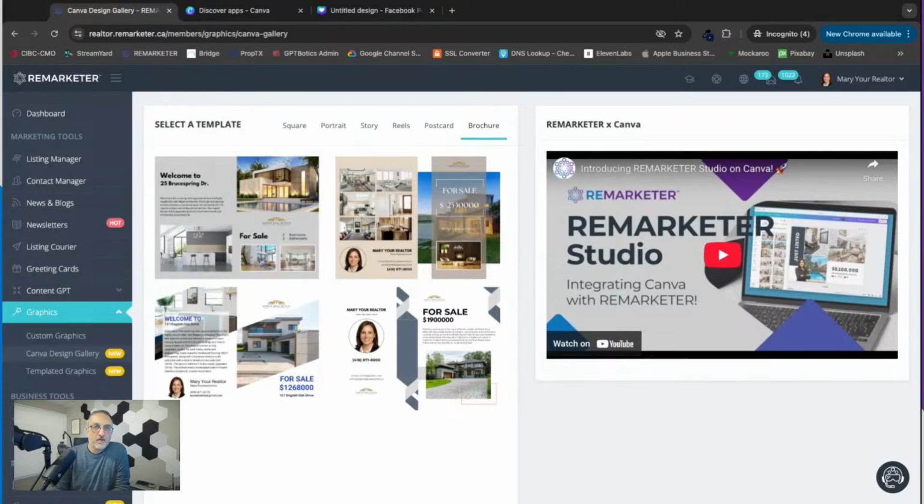Now, I will have to also explain to you that there are some bugs in this version of Remarketer Studio, which I'm going to show you how to deal with. But obviously, as I mentioned a few minutes ago, we do have a new version coming in that has addressed these bugs as well. But nevertheless, it's fully functional and you can easily use that. All right, so let's start with